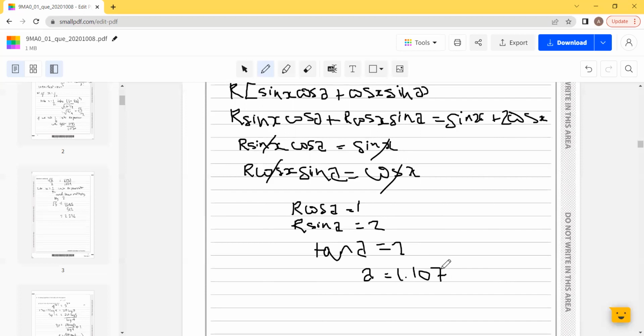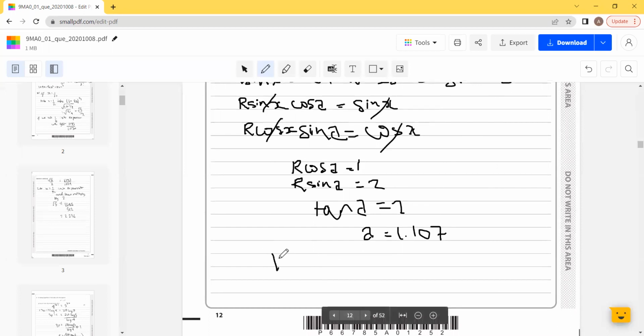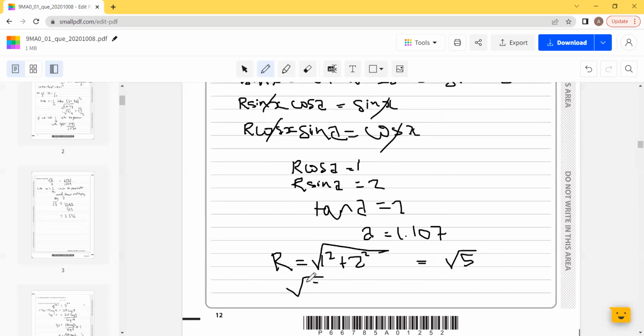1.107. So now I can try and find the value of r using Pythagoras, because r is just the square root of 1 squared plus 2 squared. So r is simply the square root of 1 squared plus 2 squared. So r is equal to root 5. So I have root 5 sine x plus 1.107. And that's the answer to question